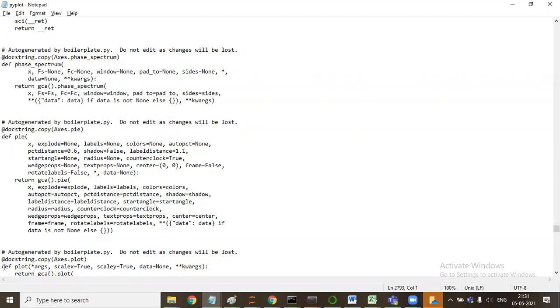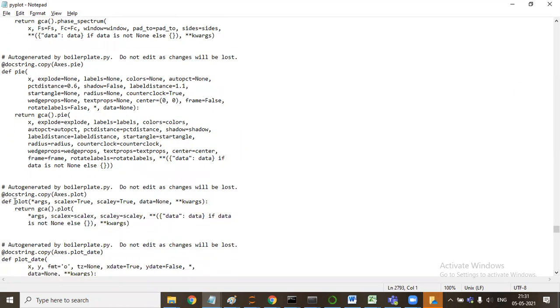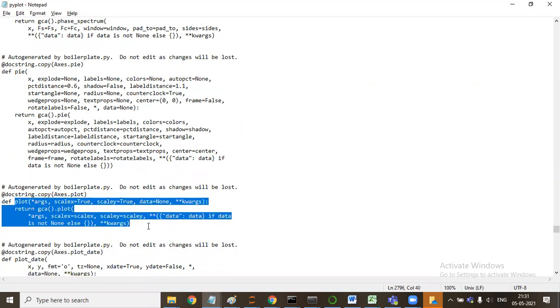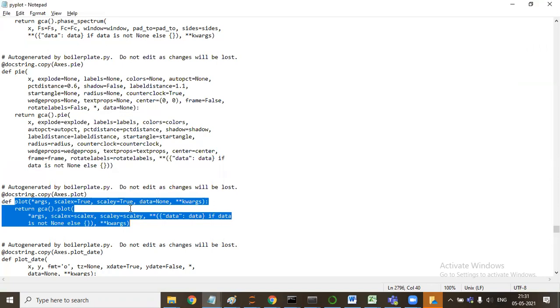So when I say import matplotlib dot pyplot as plt, this pyplot library came as plt. When I say plt dot plot, we are using this function plt dot plot. It has certain arguments, that is scale x, scale y, that is x and y.